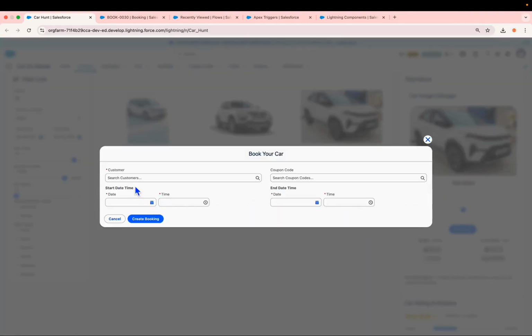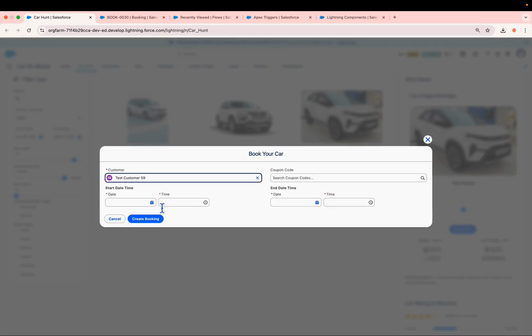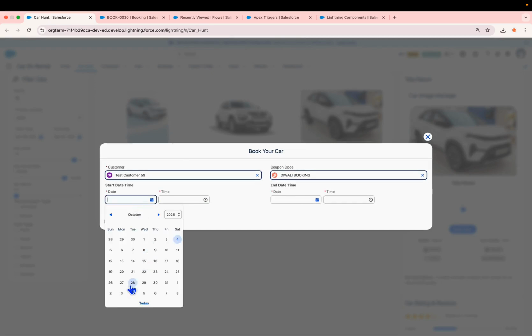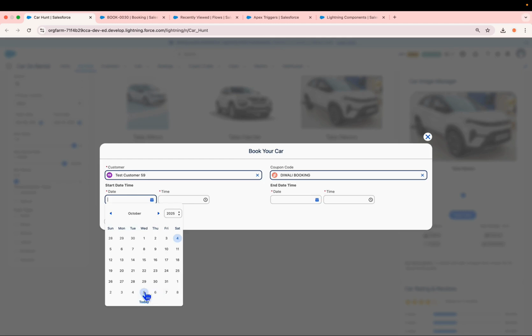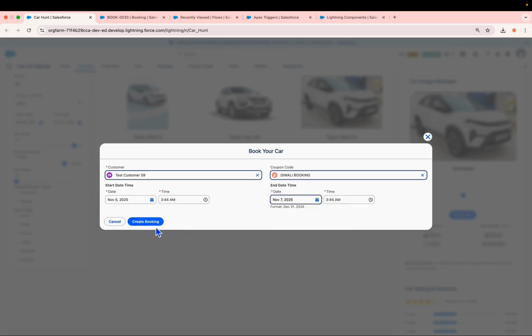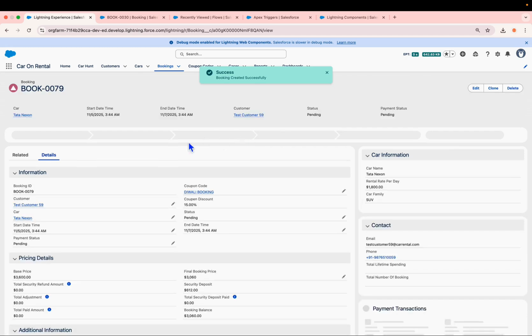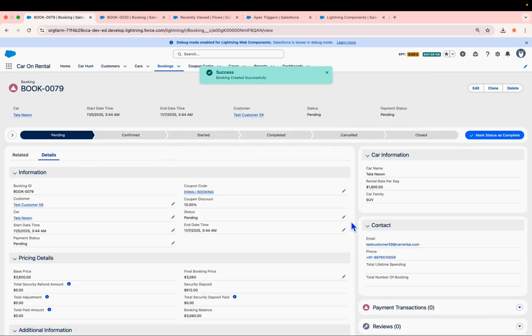So here the user can create the booking. Let's say I am creating the booking for this customer, and in case you do have any coupon code that you want to apply, you can. And I want to do this booking, let's say, from 5th of November to 7th of November, and click on Create Booking. Now, once the booking has been created, the user will be navigated to the detail page of the booking